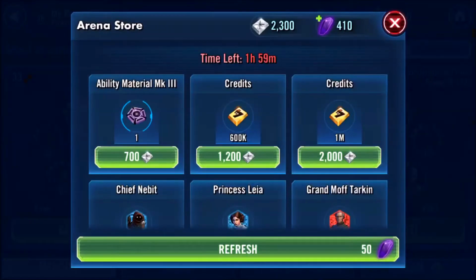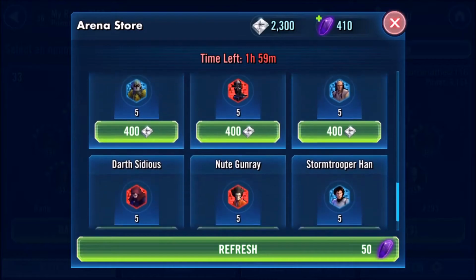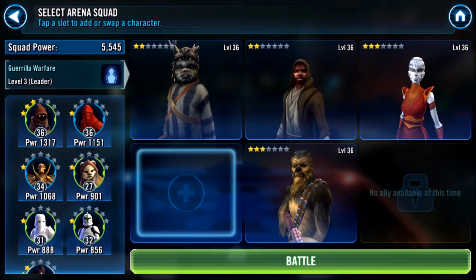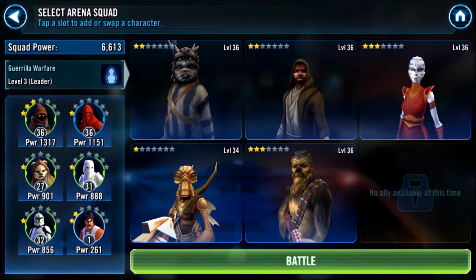So I'm going to go ahead and, let's see, here's an example though. In the arena you get these little arena tokens and you can exchange them for character shards. And essentially character shards are king, as well as your gear. I'm going to go ahead and do a battle. If you're going to spend crystals, oh, I forgot to add a neat thing about the arena, which is that you